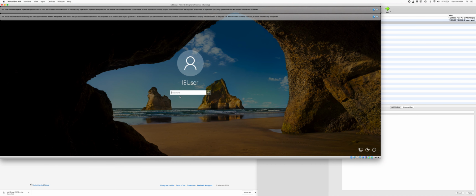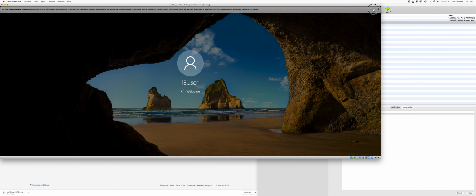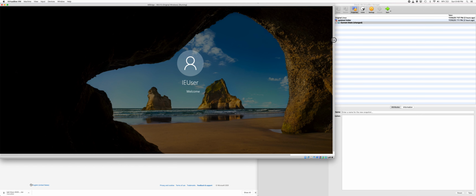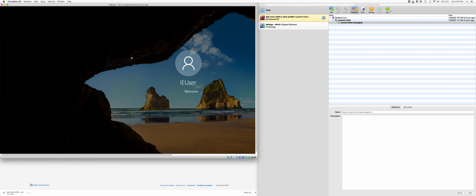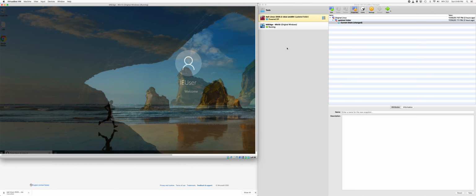So PASSW, P is capital, so P capital, ASSW0RD and exclamation mark. Enter. So once this loads up, we will close it.